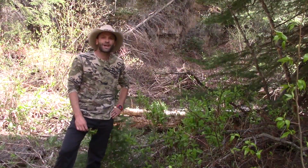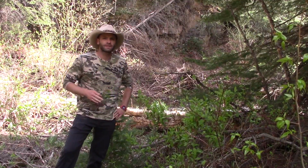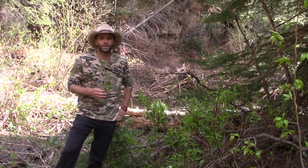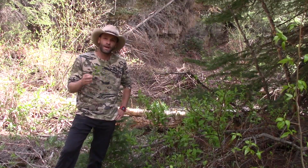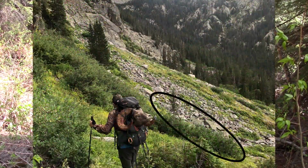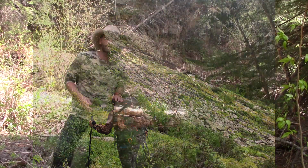All right, guys, so let's talk willows. So typically when guys are talking about willow when it comes to deer, elk, browse, really what they're focusing on is high country mule deer, okay? So I'm gonna hit that first. Generally, the type of willow that you're looking for when you're hunting high country mule deer way up above 11,000 feet is this stuff right here. This is at my waist, and I would say that's the maximum maturity that you're gonna find big deer in